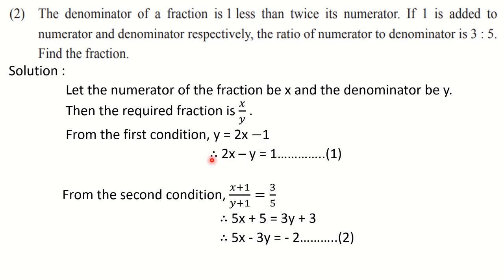What we will do is we will multiply equation 1 by 3. So we will get 3y here. Okay. So the new equation will be what? 6x minus 3y is equal to 3. Here also minus 3y and here also minus 3y. So addition will not help us since the signs are same. We have to go for subtraction.